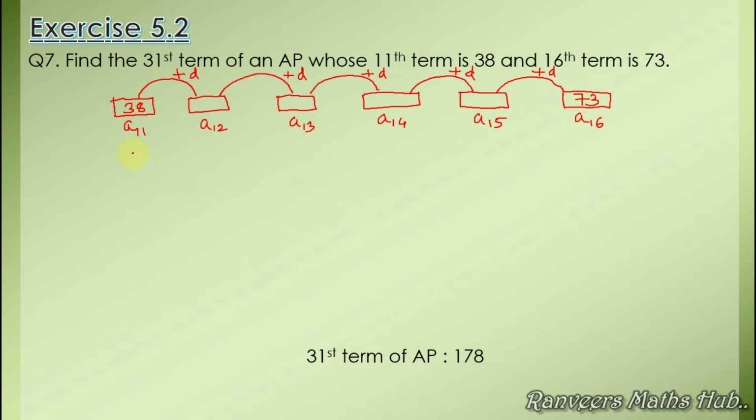73. तो हमको A11 से A16 कैसे मिला है? जब हमने 1, 2, 3, 4, 5 टाइम्स हमने d ऐड किया है A11 में, तब जाके हमको A16 मिला है. So what I can write, A16 is A11 plus 5 times d. So that we will get the value of d in this case. Okay, and we require the value of d first of all to solve arithmetic progression.